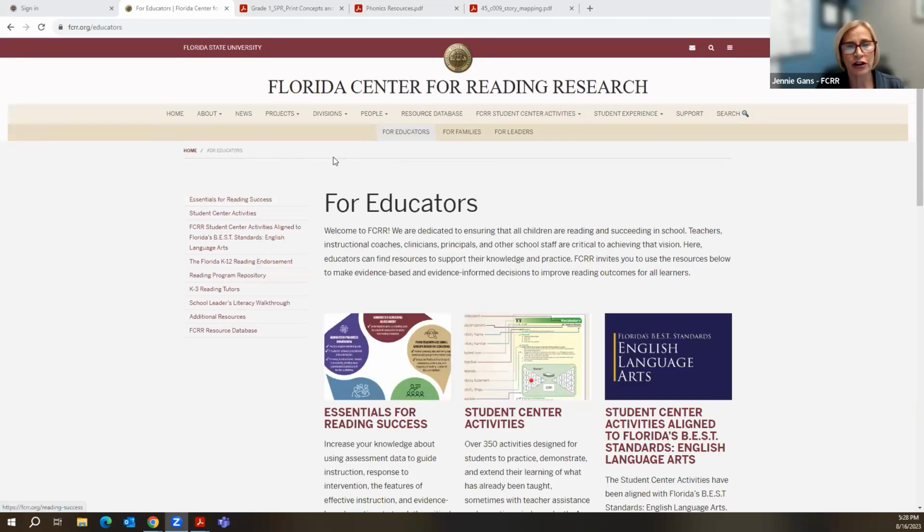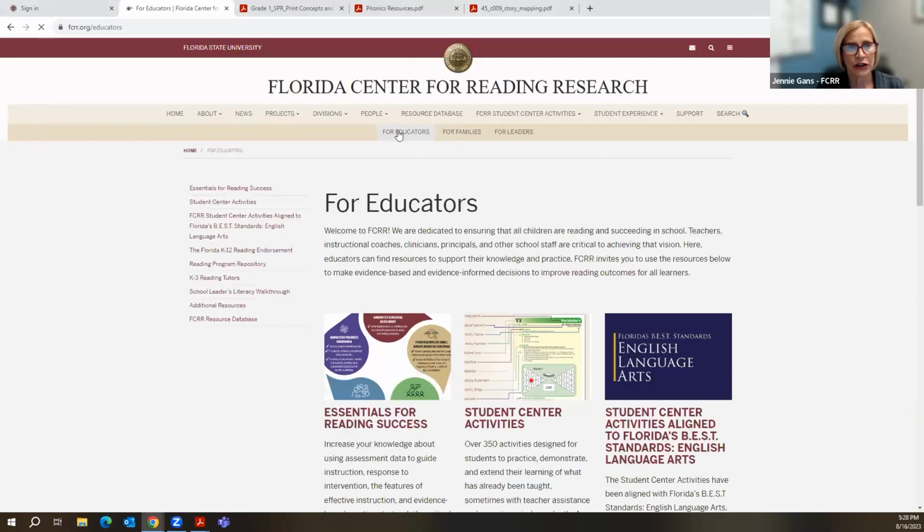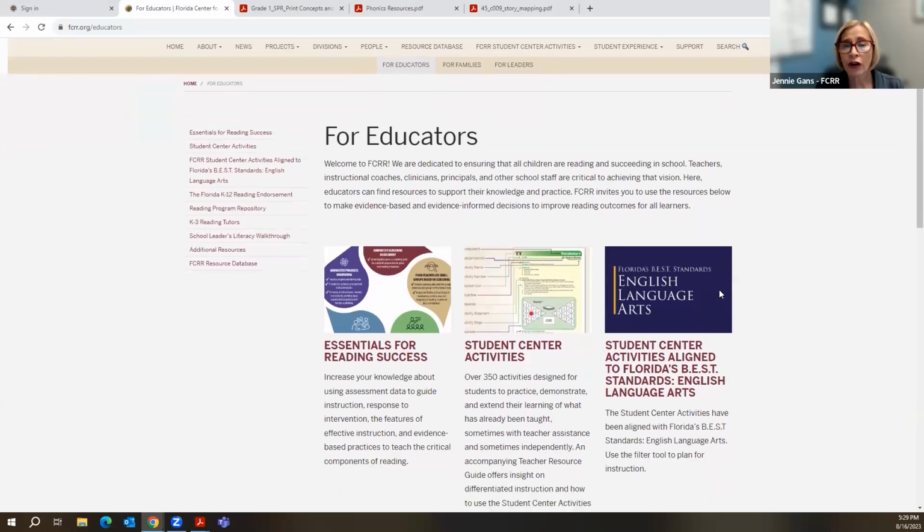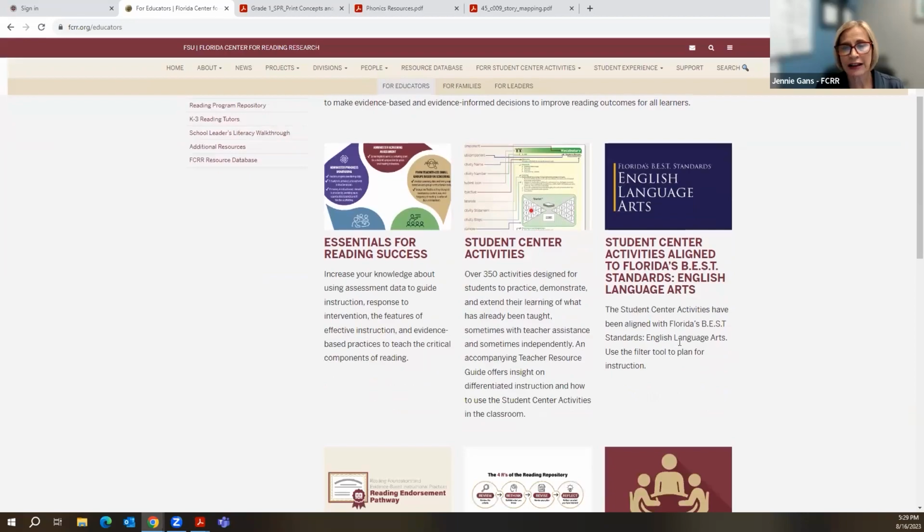But we are going to start now at For Educators. So this is, remember, where we're going to go back through everything that was on the PowerPoint, and then some. It is going to live on the For Educators, For Families, and For Leaders pages. And we're going to touch on a couple other pieces as well. So let's here just look at this home landing page. You will notice that everything on the left-hand navigation menu also lives right here on this landing page.